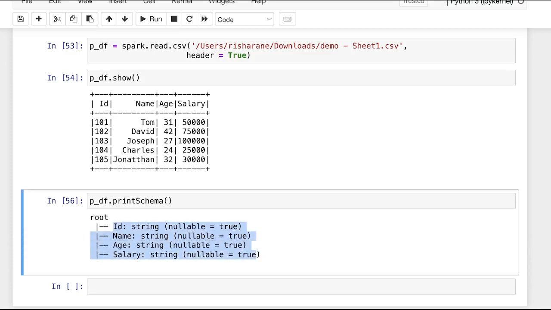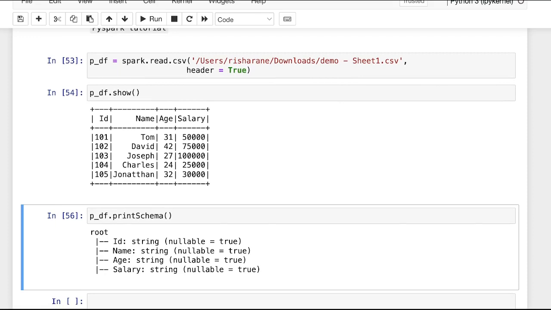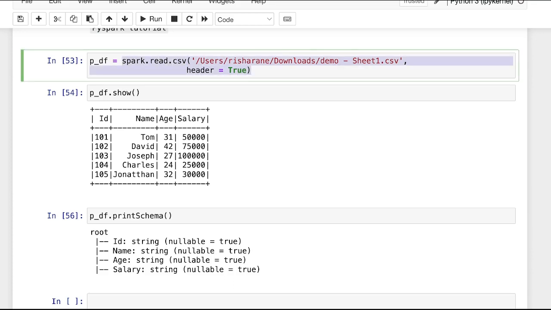Again, you can find something different here. Every column is associated with string data type. Usually the columns ID, age and salary are integer in nature, but here you can see they too are associated with string data type. This is because originally a Spark session assumes that every column is a string data type. You need to explicitly provide an attribute when you are loading the dataset for your Spark session to recognize that every data column will have its respective data type.